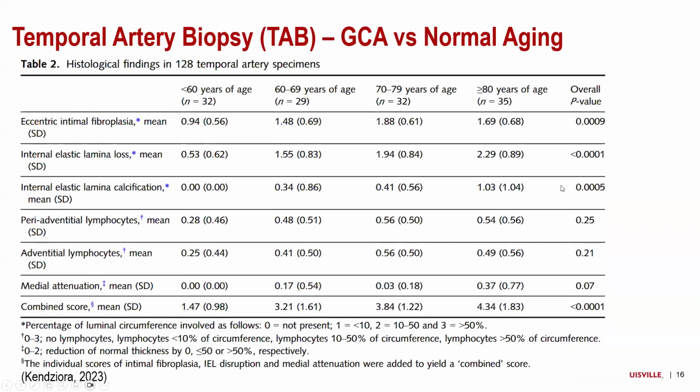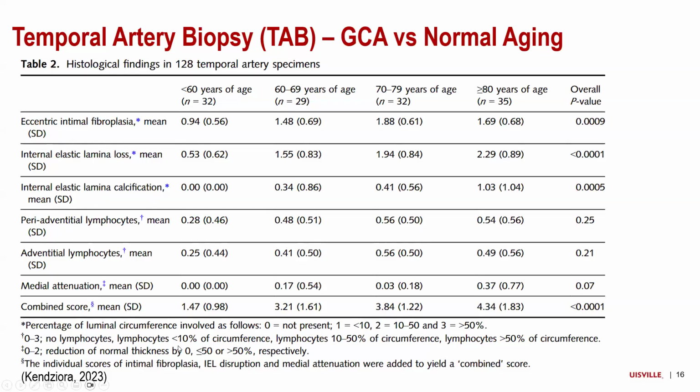This is a recent study, and what they did in this study is they had patients who are in the typical giant cell arteritis age but don't have giant cell arteritis agree to get a temporal artery biopsy. What you'll notice here is if you look at some of these findings that we say, oh, this is temporal arteritis or a sign of healed temporal arteritis, things like internal elastic lamina loss, you'll see that even patients under 60 years old tend to have some level of internal elastic lamina